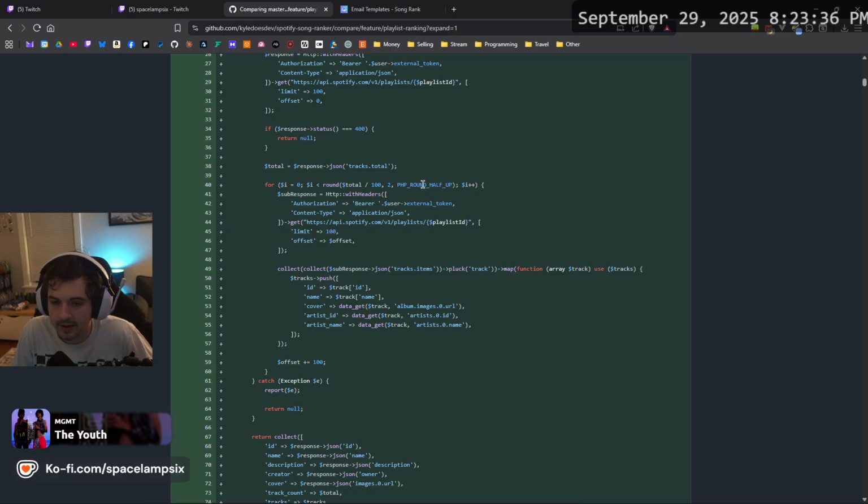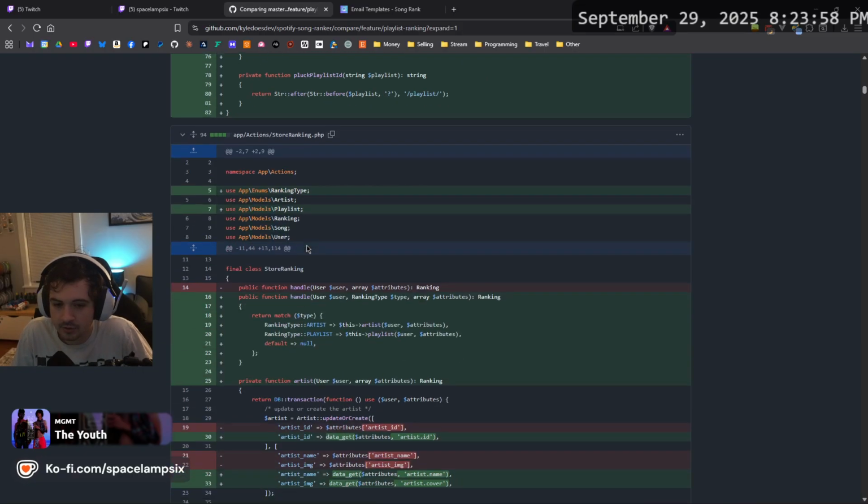So if it's like 80 tracks, that goes to 0.8, which just rounds up to 1, so it just has to loop once. And then we get all of the tracks for the playlist ID, collect them up, pluck them out, map over them, push back what we need, and we're good.